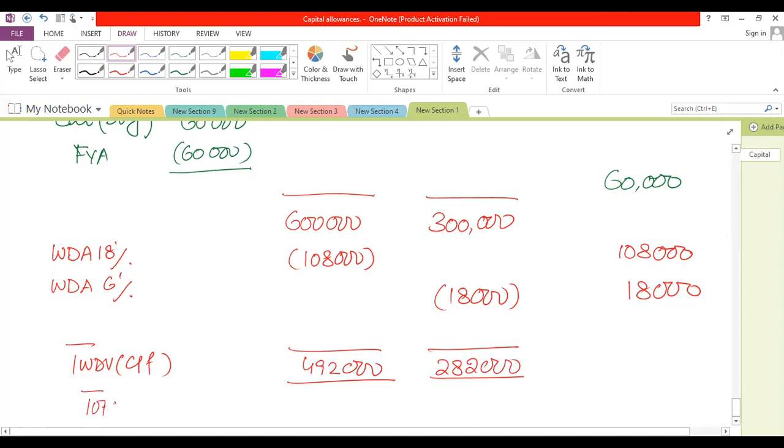Total of allowances, so it's 1 million AIA, 60,000 first year allowance, 2 WDAs. So the entire total is